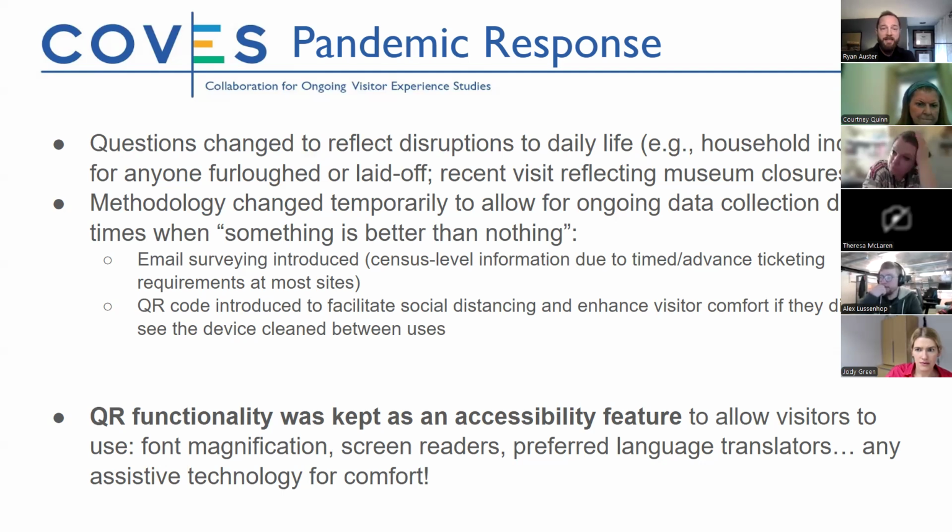One was going back to the email method, which I just showed you we knew had flaws in. However, there was enough pressure at the time, which I think you were all aware of. People didn't want to touch stuff. People were nervous about coming back. People were nervous about standing too close to another individual, whether or not they knew them, for fear of catching COVID. So because of these reasons, we introduced the QR code to facilitate social